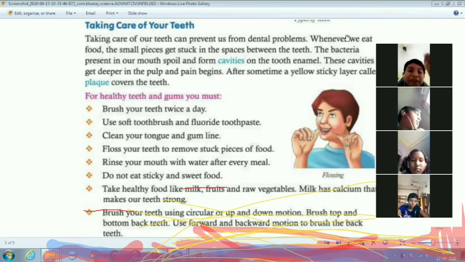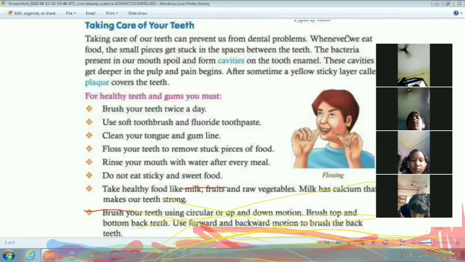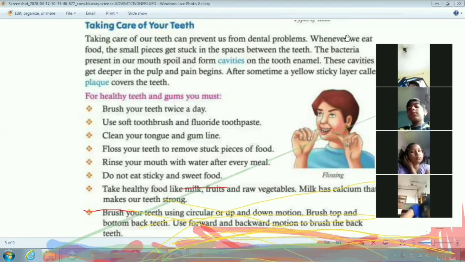Okay, fluoride toothpastes are the toothpastes that contain fluoride, and as we all know, cavities are formed mainly due to the lack of minerals in the enamel, right? So when fluoride is present in the toothpaste, it gives the minerals back to the enamel. This is how it protects the enamel.